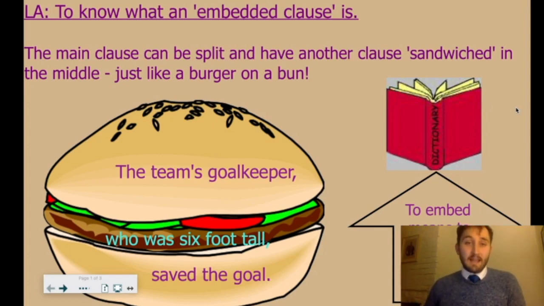So today's lesson is actually going to be a grammar lesson, and our learning aim is to know what an embedded clause is. Now this is something that we've not actually looked at in year 4. You might have looked at this in year 3, but I'm pretty sure this is something quite new to all of you. Now some of you might actually already know what an embedded clause is, but first